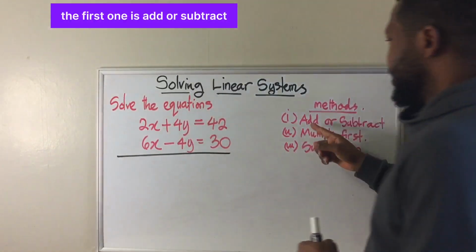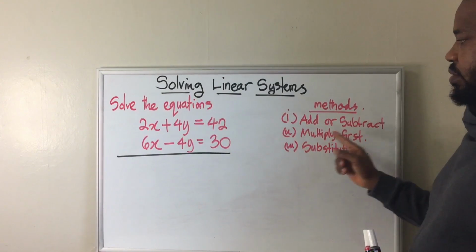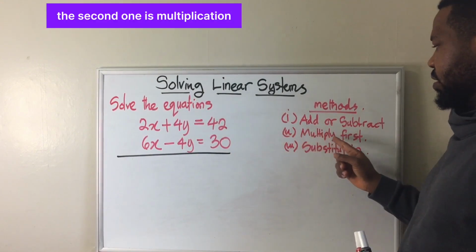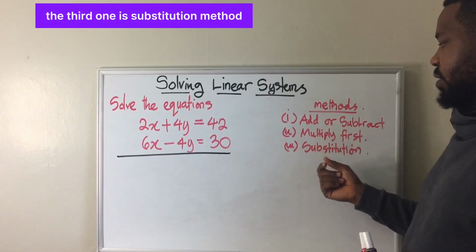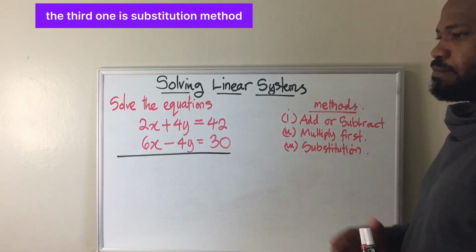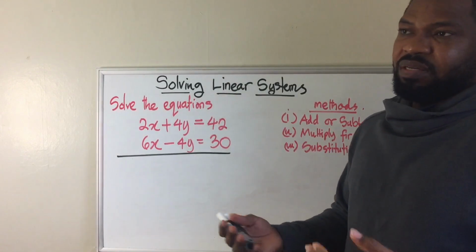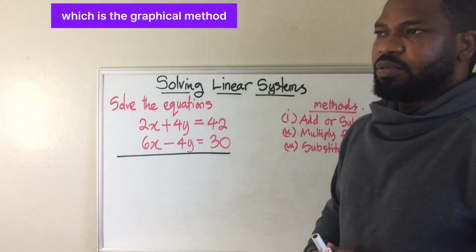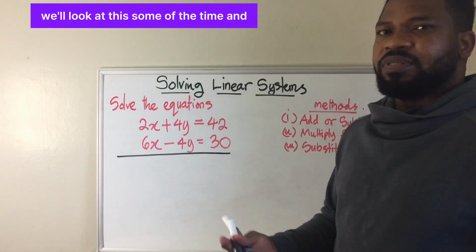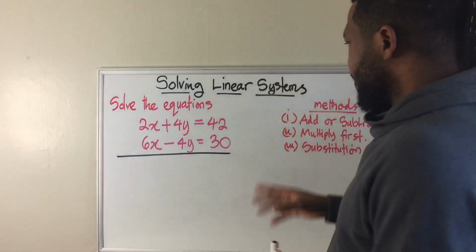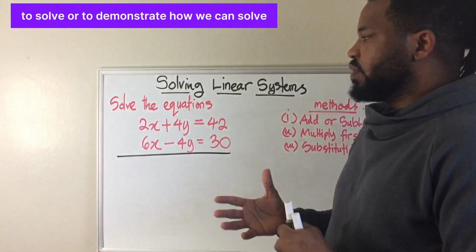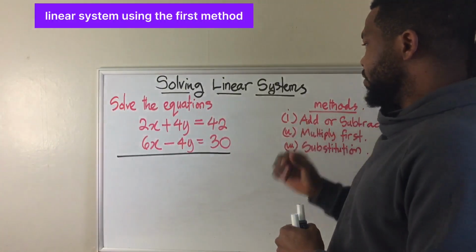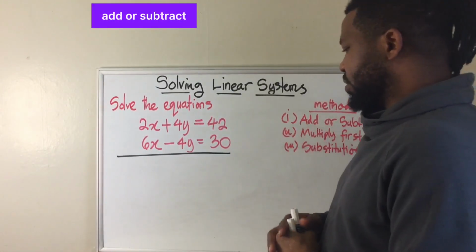The first one is add or subtract. The second one is multiplication first, or multiply first. The third one is the substitution method. The last method, which is the graphical method, we'll look at some other time. And to demonstrate how we can solve a linear system using the first method, add or subtract, what